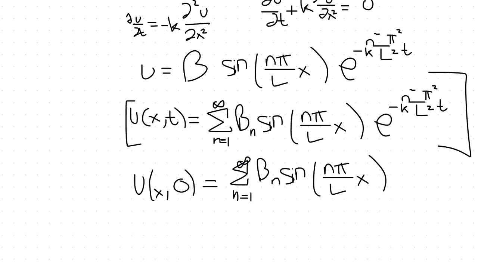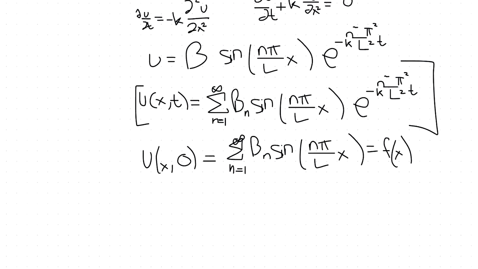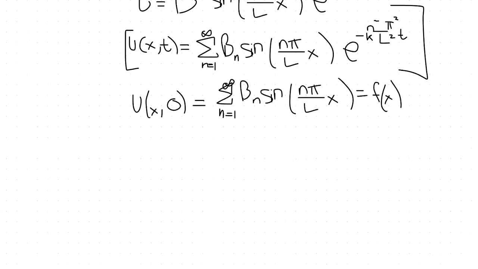This is kind of a crazy equation because it's basically saying that you can describe any function, any continuous function, or any function for the most part, as a sum of sines, which is kind of weird to think about. And this is the whole basis for Fourier series. Kind of like how you can describe any function as a series of polynomials with Taylor series. Cool. So now the question becomes,